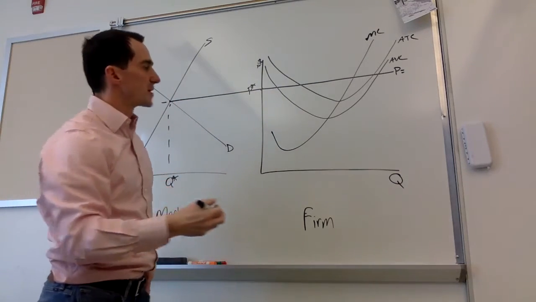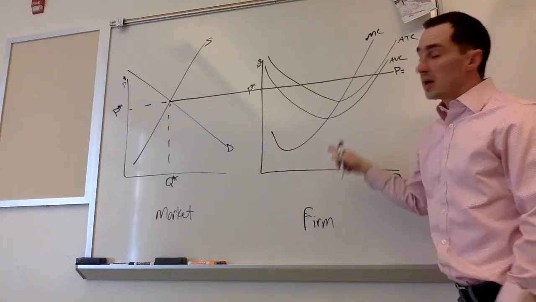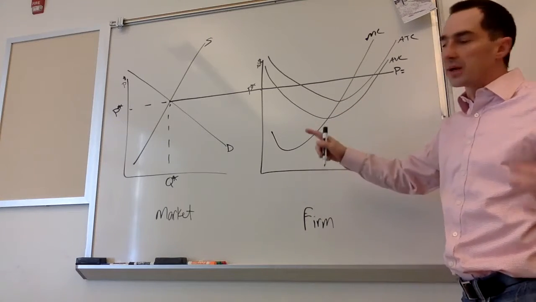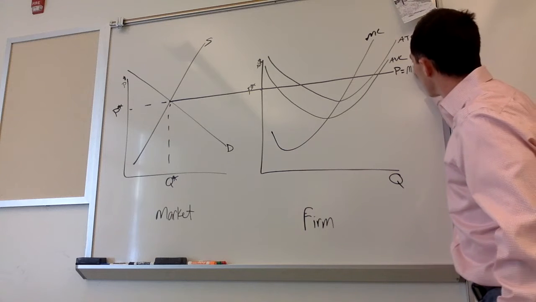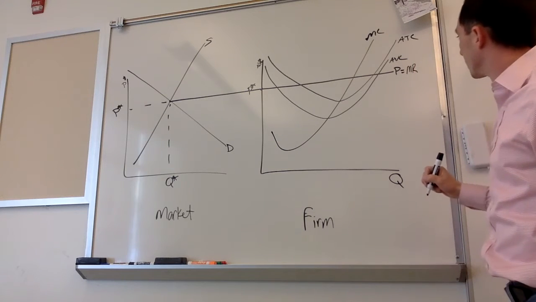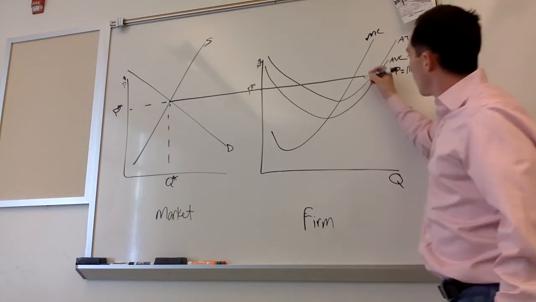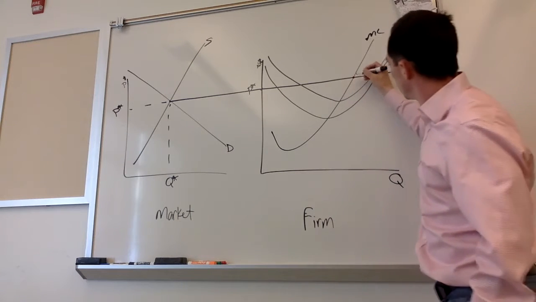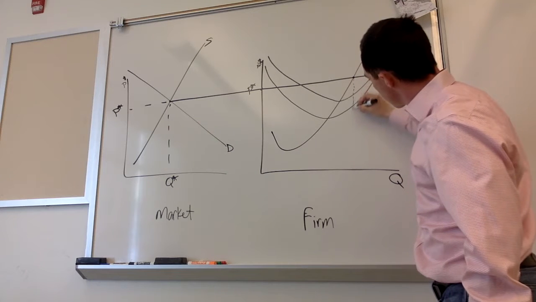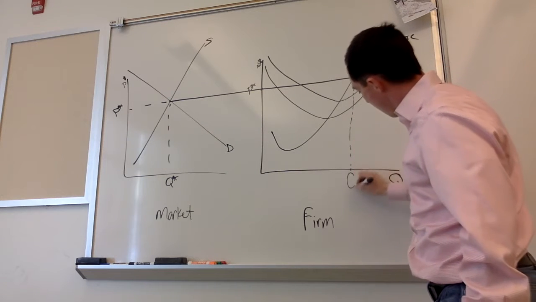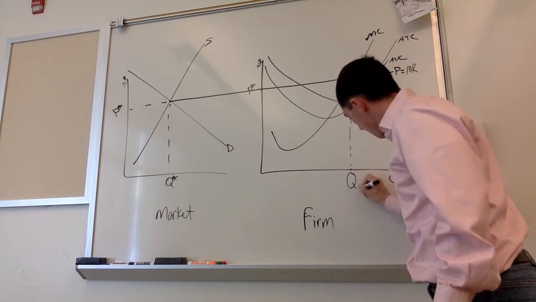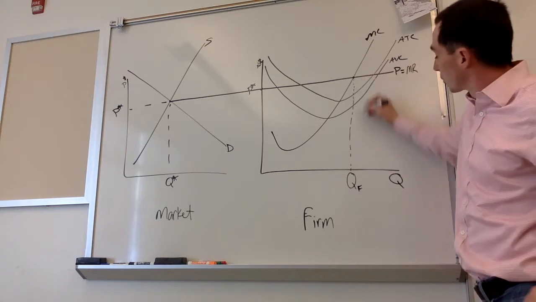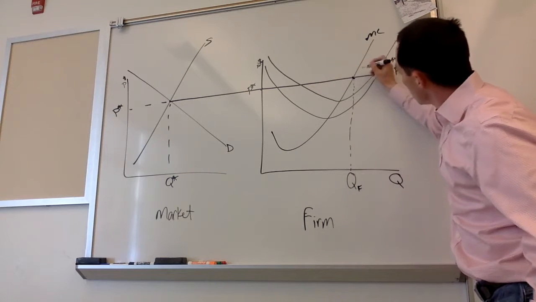is the market price. If they sell one more, they bring in that price. If the going price is $5, sell one more, bring in $5 more. So that's the marginal revenue. This point of intersection connects with, I'm going to write Q sub F, the quantity that a firm can produce at to equate marginal